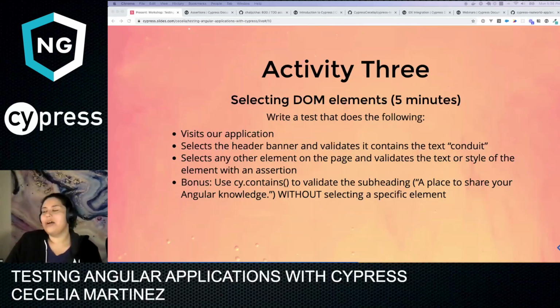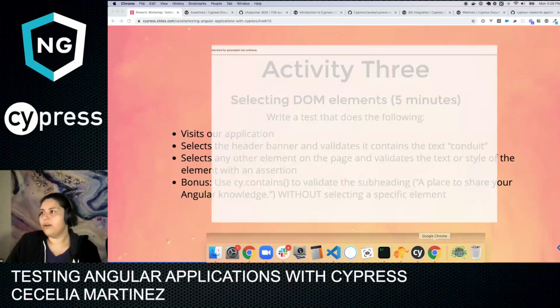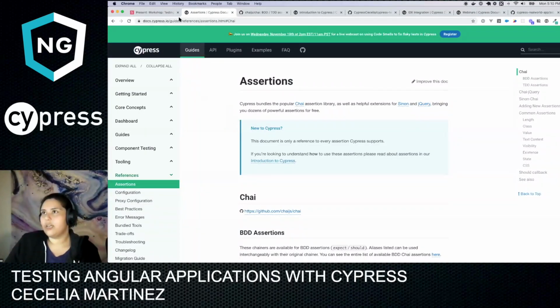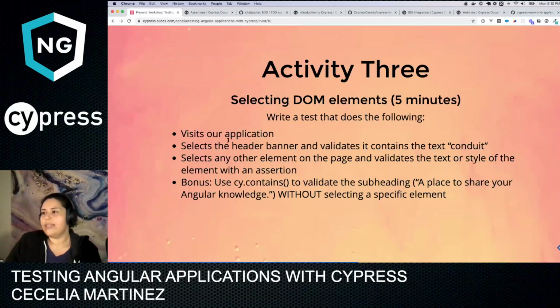We're going to have you write a test that actually selects the DOM element. So write a test that visits the application, which you should already have from your last activity, selects the header banner and validates it contains the text conduit. And then select any other element on the page and validate the text or style of the element with an assertion. Again, I recommend using the assertions documentation and then the selector playground, if you like,